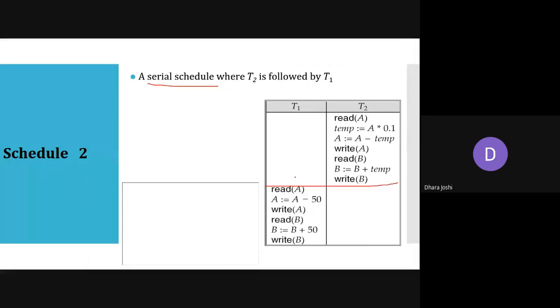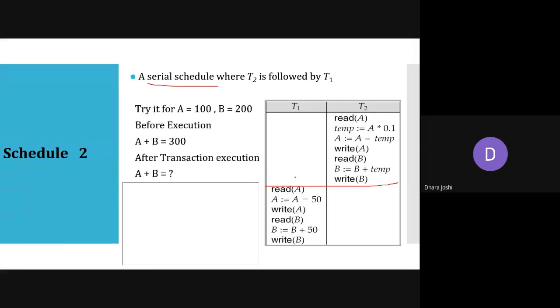Okay. So for that, can anyone try? Try it and reply what will be the value of A plus B. I'm waiting for your reply. First, this is the time frame. So first we are here. We need to read A instruction from T2. Then we need to do temp A multiplied by 0.1.